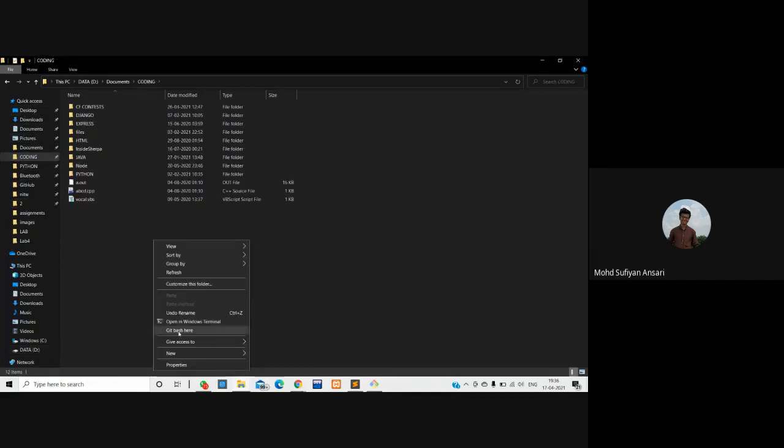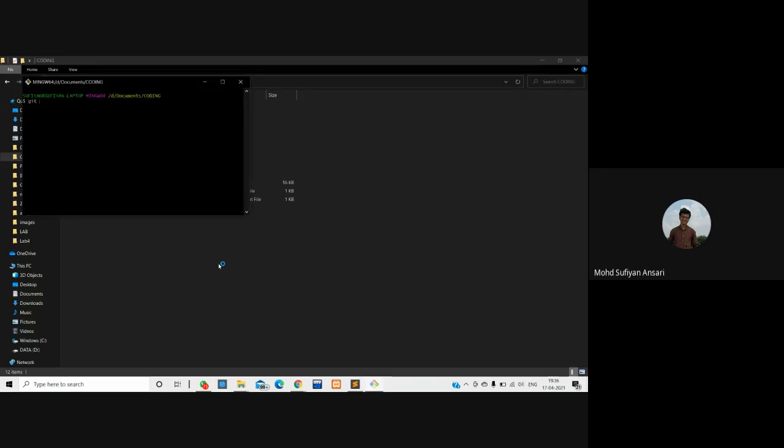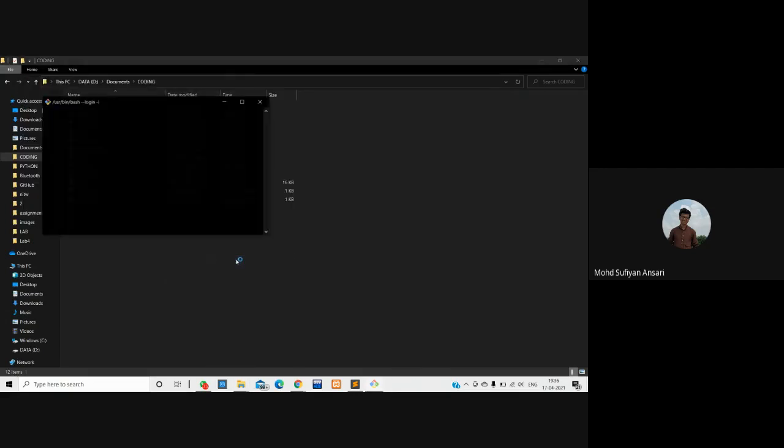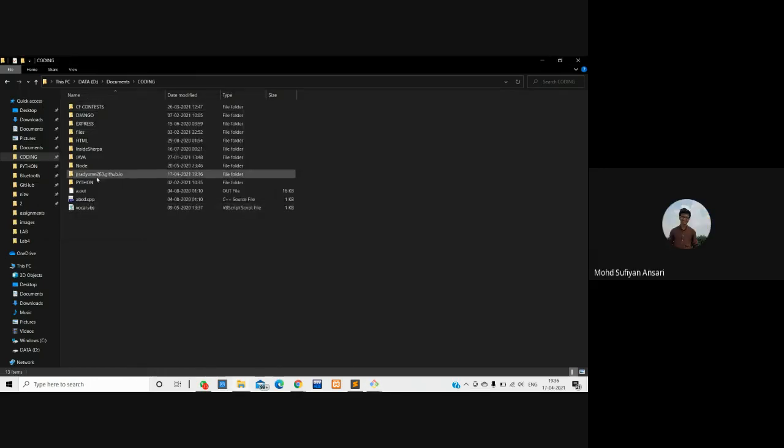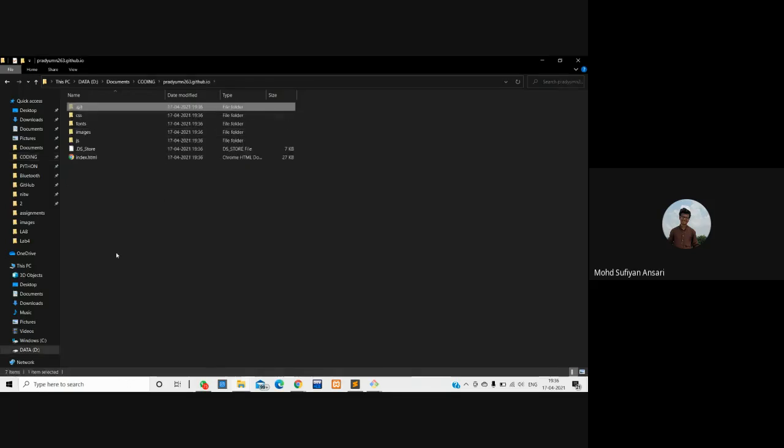I'll open my git bash here and I'll just say git clone. Sorry, there was some lag in my git bash. I'll just clone his repository into mine. Copying a repository is known as cloning a repository. This repository has come into my local system, and you can see this .git folder over here. This shows this is actually a website repository on GitHub.